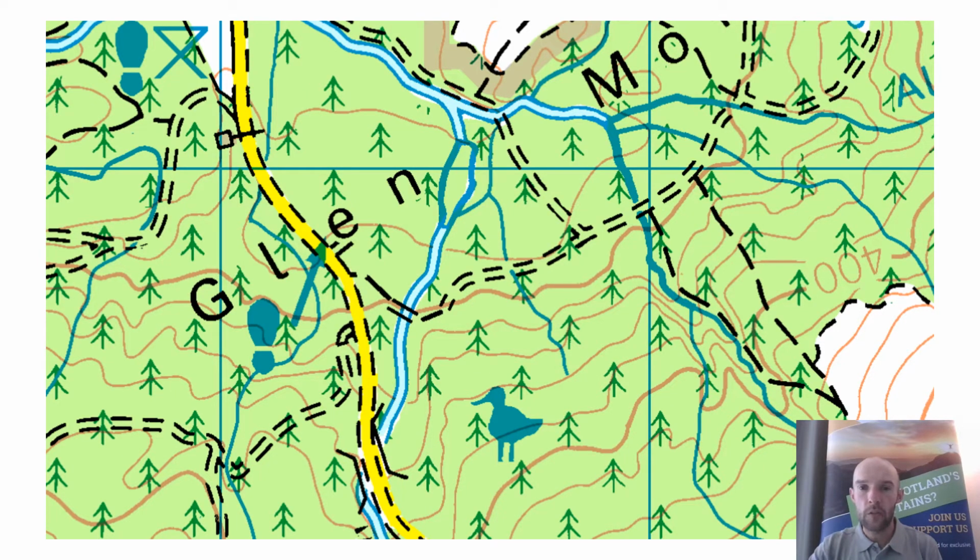Just to give you a close-up view, you can see here you've got your burn lines, these single lines, then starting to flow into these thicker blue lines, and then into your double blue lines, which are your rivers here. So something to bear in mind whenever you're walking in the mountains is whenever you're planning a journey and you're looking at the weather forecast, and you might think if it's potentially raining a few days before you plan to go out that weekend, or even during that day that you're out, depending where you are, those burn lines can fill up quite quickly and might be really challenging, if not impossible, to cross